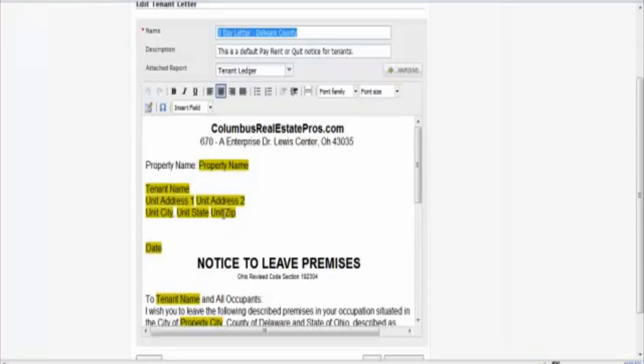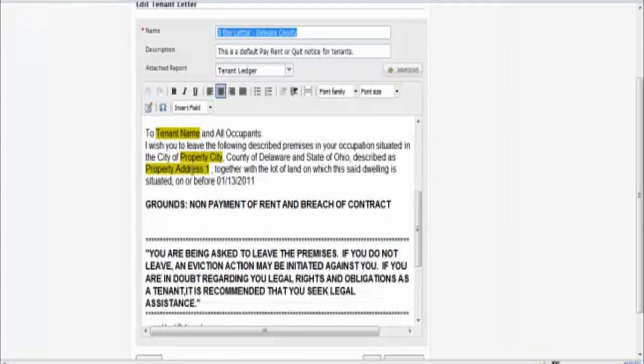Automatically, if you're delivering the letter today, it will put the date today in there. Again, putting in their name automatically, the property address,